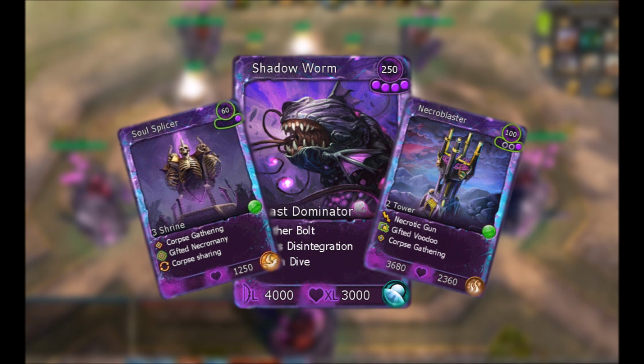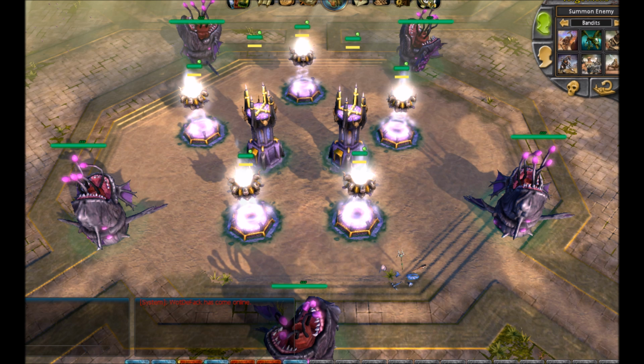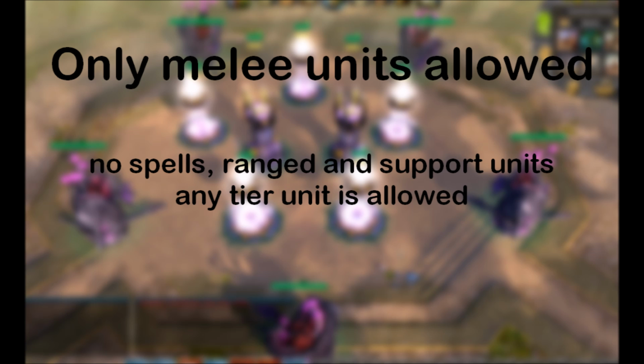So as you can see, this is the setup, and there's 5 of the worms. We've got 2 Necroblasters, and for every Shadow Worm a Soul Splicer, or 2 per one rather, and they cover each other pretty much. There is one basic rule for this